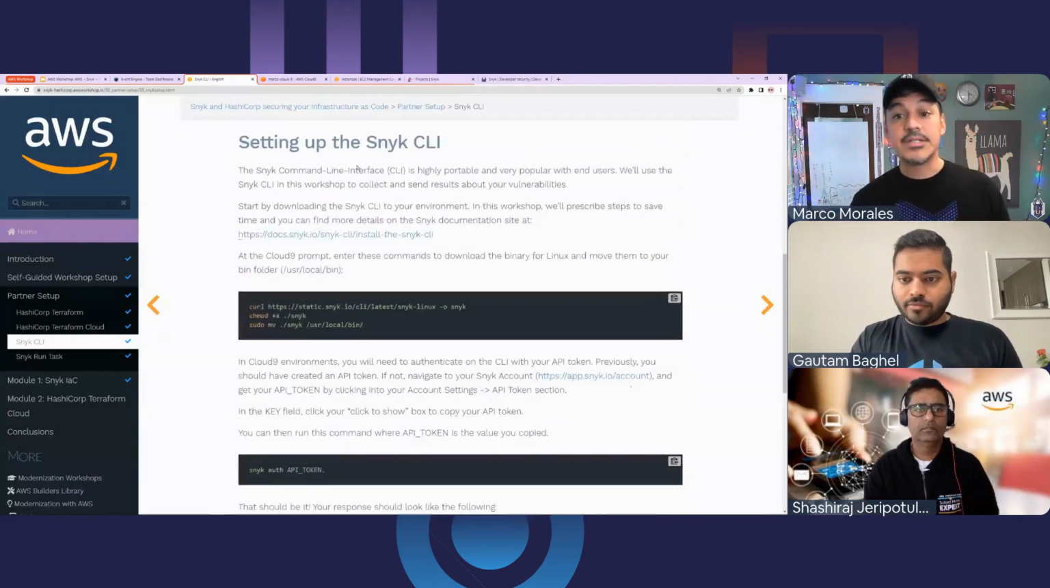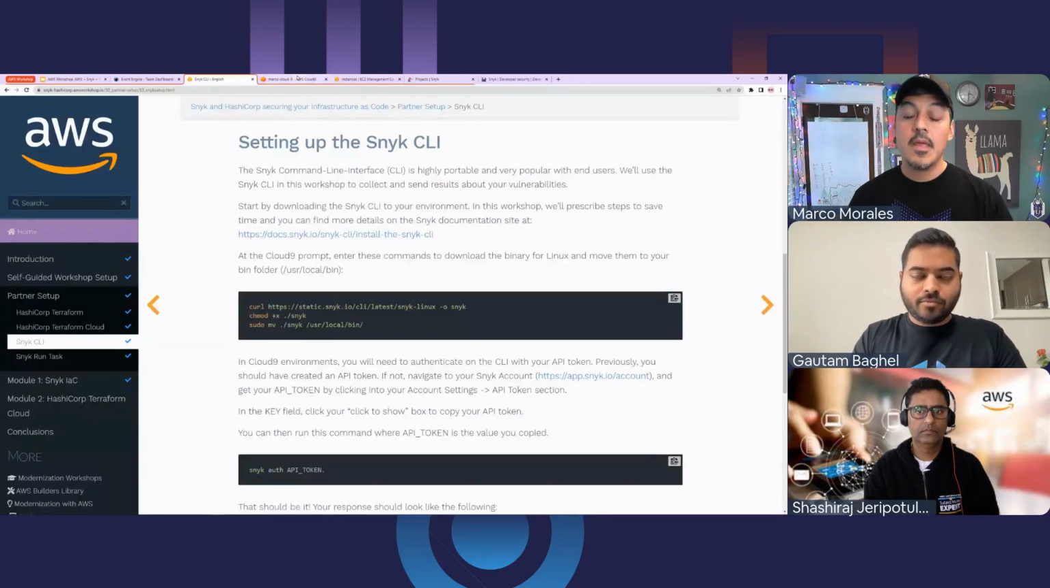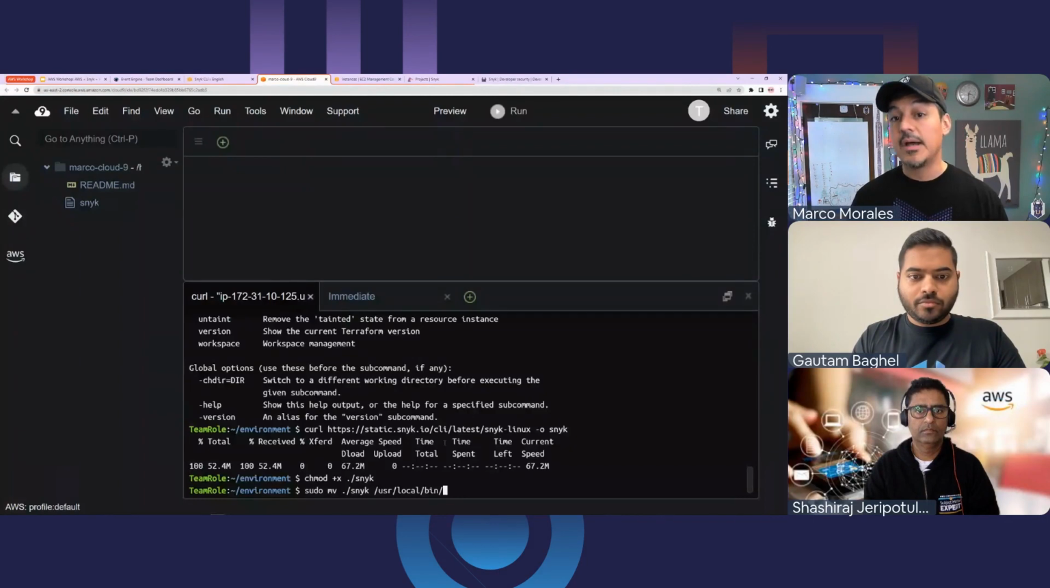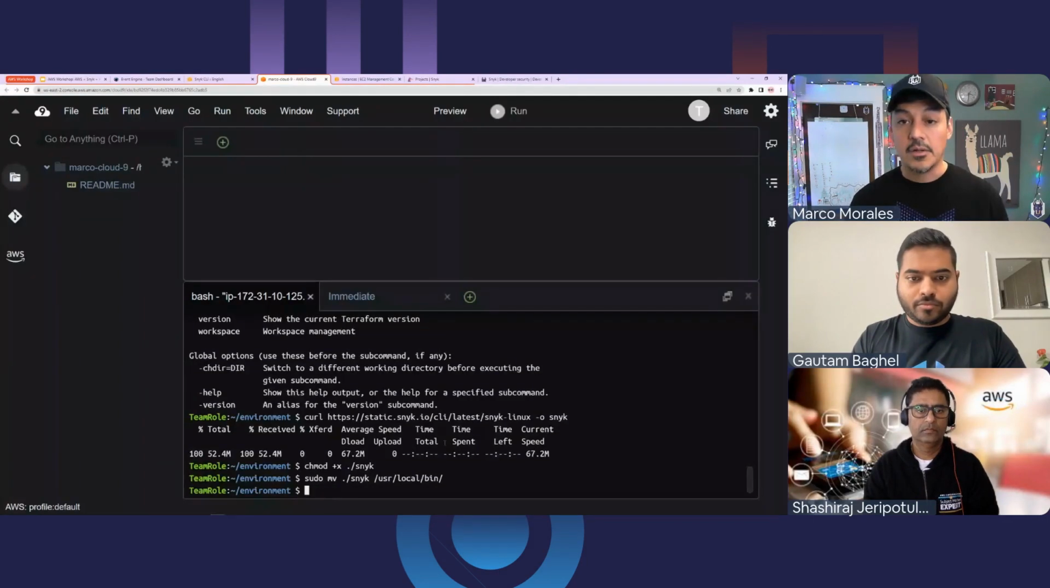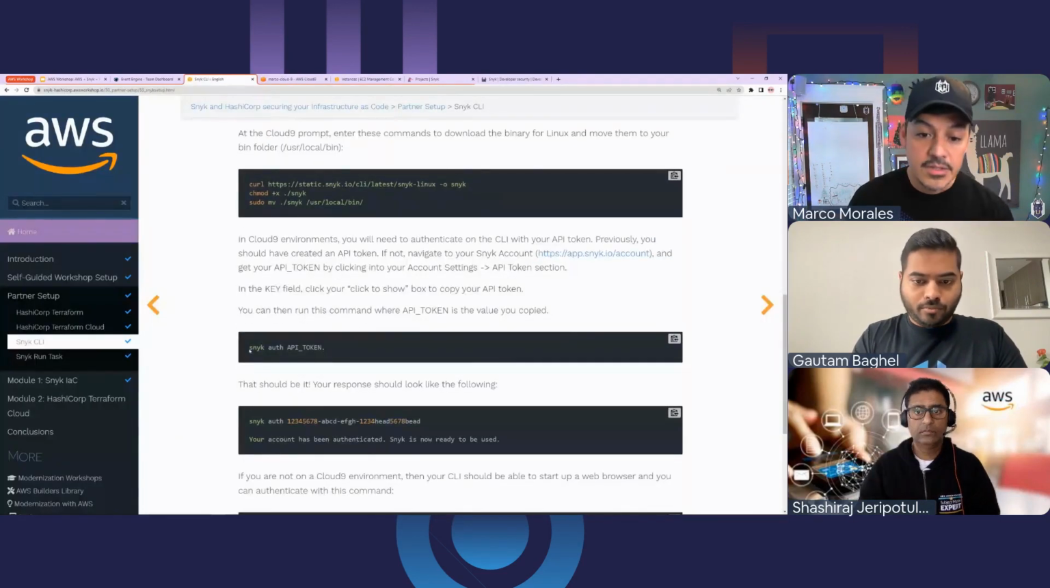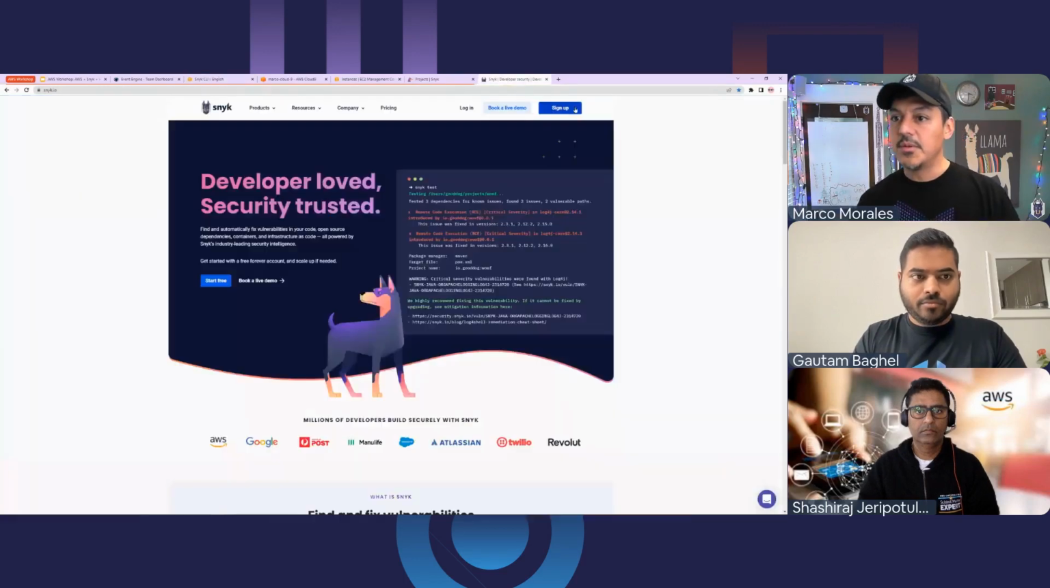But let's now set up the CLI. So we also have a public repository. And what we'll do is we'll paste these commands to download the binary and install it locally. And it's easy, you can see it's not a very big CLI. And then we'll just do this part here. So the work I'll do here, and I can show you some of this